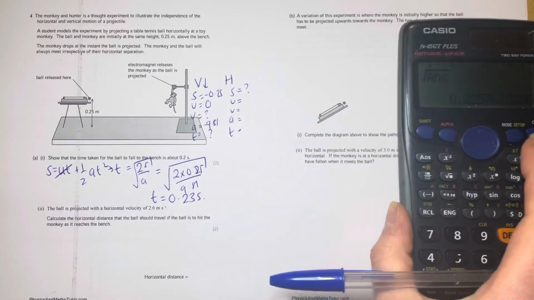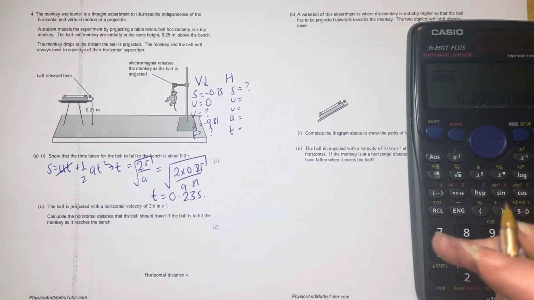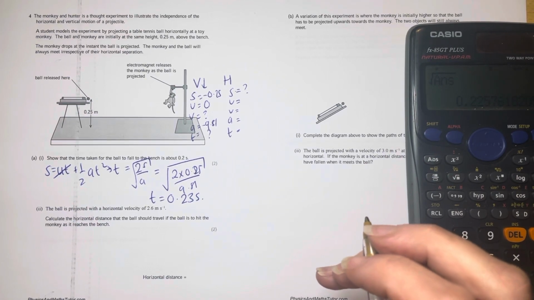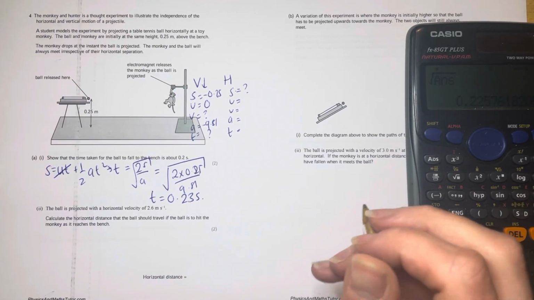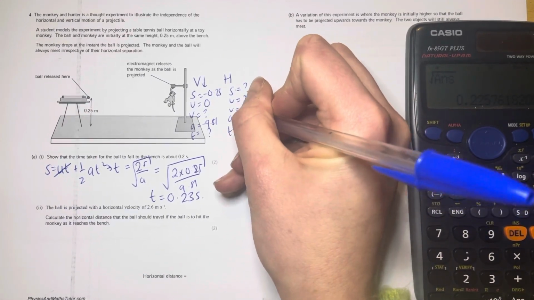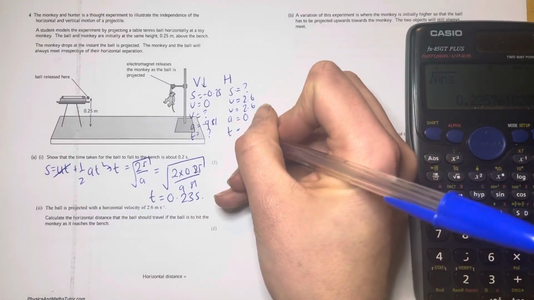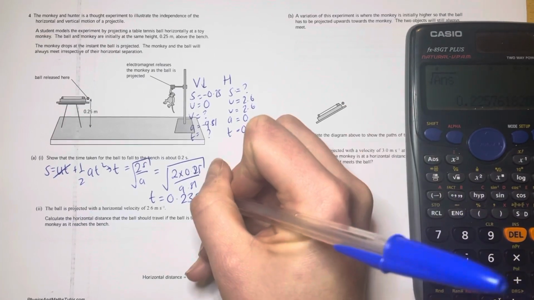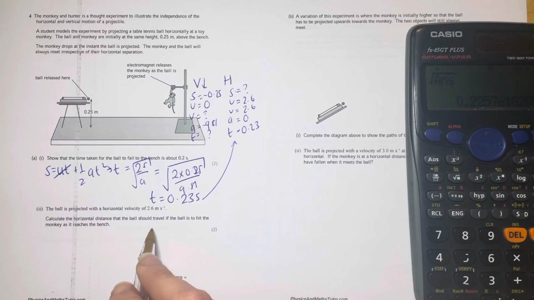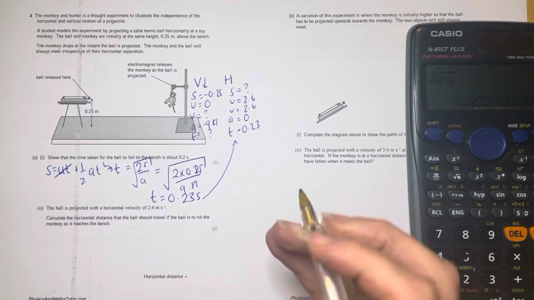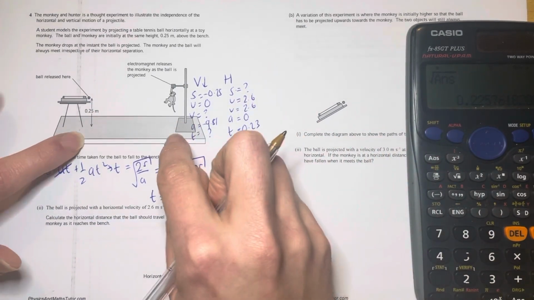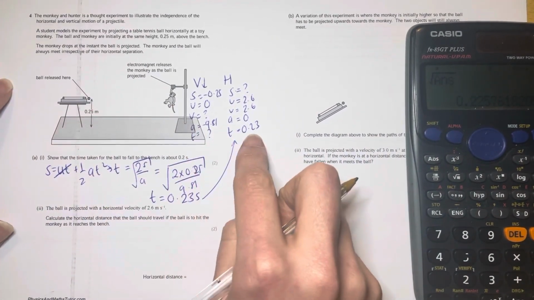The ball is projected with a horizontal velocity of 2.6 metres per second. Calculate the horizontal distance that the ball should travel if the ball is to hit the monkey as it reaches the bench. So now we know that this is 2.6 and this is 2.6. We always know that's 0. And the time is going to be 0.23 from there. And we want to know the horizontal distance that the ball should travel if it's to hit the monkey as it reaches the bench. So if it's reaching the bench, that's when it's fallen this long, which has taken 0.23